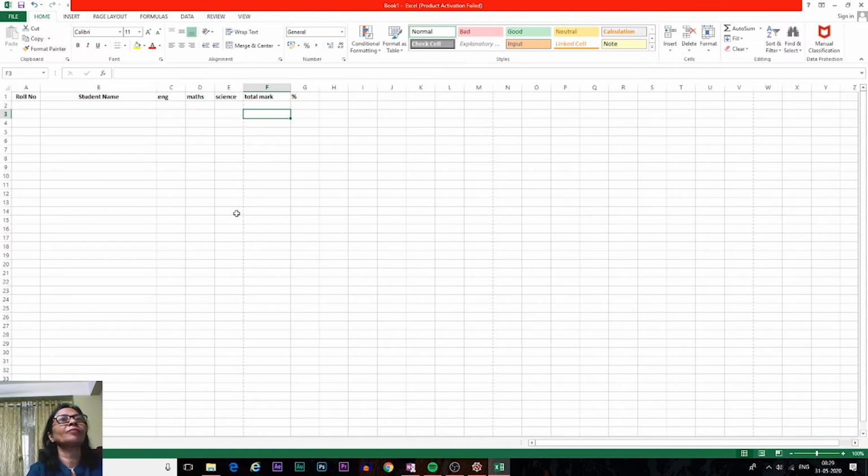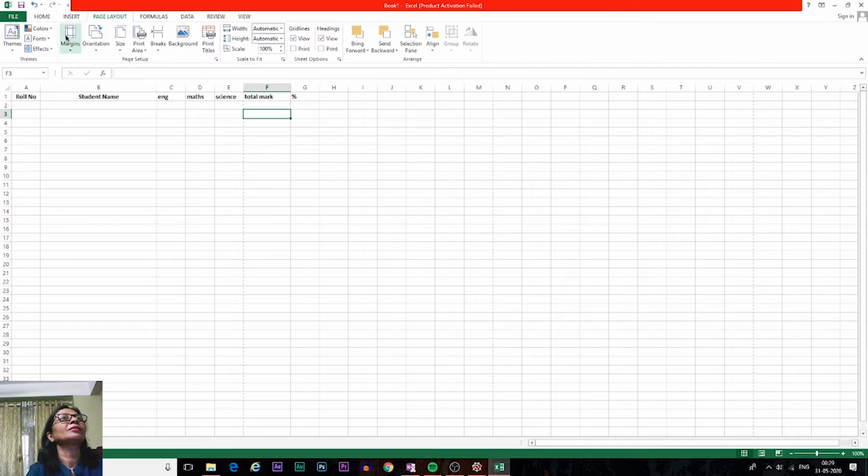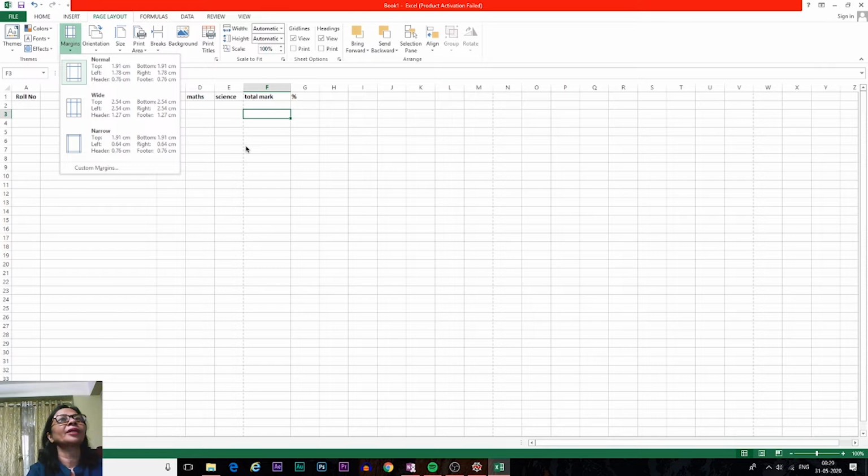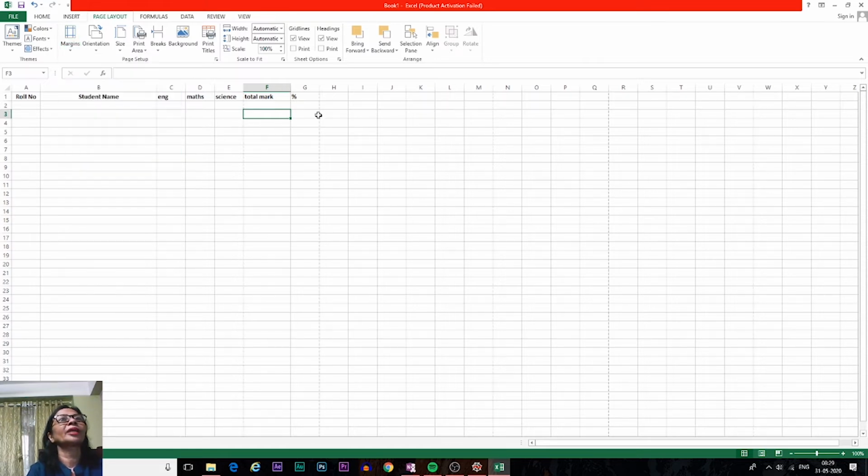Now you can see here one dotted line is coming. Why? Because in the page layout the margin we are using is normal one, so that is why the printable area will be up to this one, but we need it up to this one. So what we have to do, we will make it narrow, so that now you see the dotted line comes here. That means the printable area up to this position you can get your printout. Okay, so percentage, it is better to write the percentage, it looks odd.